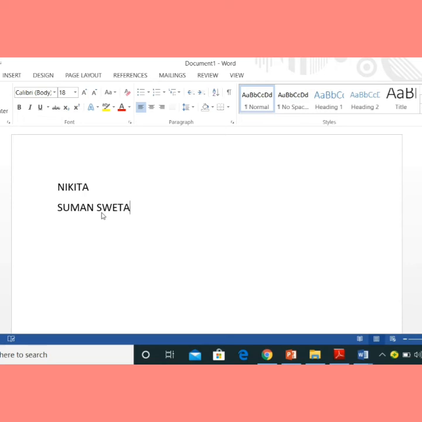Okay, I am typing the next line. Now, for creating much gap between two words I have to press it twice. To create a bigger gap, the more times I press, the bigger the gap will be. I can type a new word. Using the space bar key I can create a gap, and for moving to the next line I have to press the enter key.